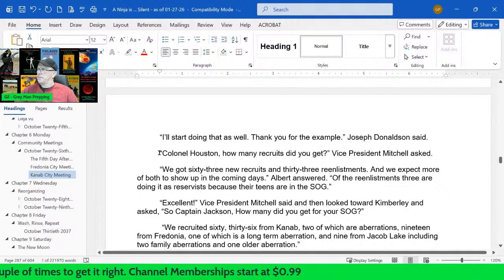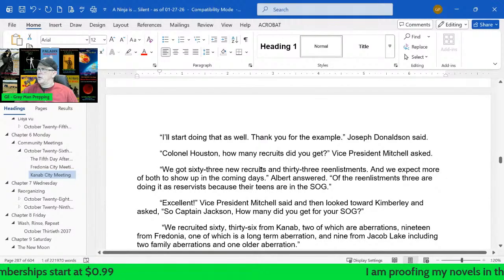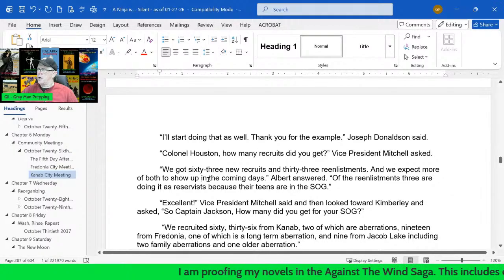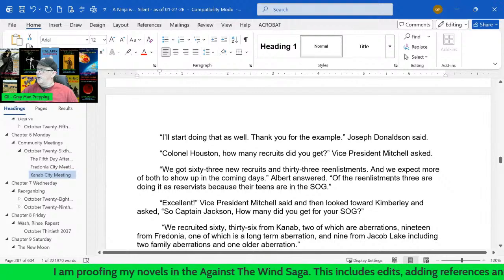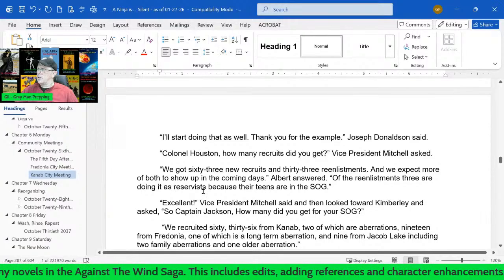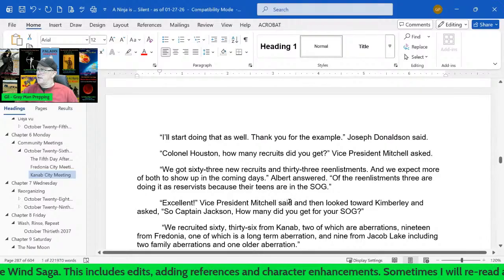"Colonel Houston, how many recruits did you get?" The Vice President asked. "We got 63 new recruits and 23 re-enlistments. We expect more of both to show up in the coming days," Albert answered. "Of the re-enlistments, 3 are doing it as reservists because their teens are in the SOG." "Excellent," Vice President Mitchell said, and then looked towards Kimberly and asked, "So, Captain